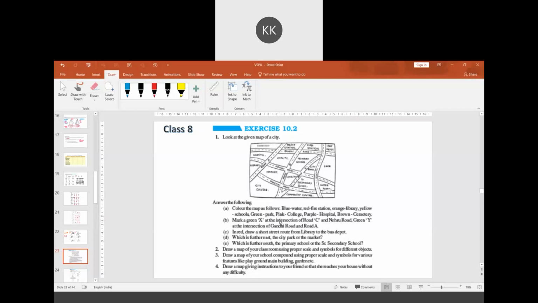Sir, what is symmetry? What is cemetery? I have to find out from the net. Somebody knows what is cemetery? Yes, sir, grave. Means dead body. Graveyard, sir. Cemetery is a graveyard. It's a burial ground. Yes, somebody said it. Correct. It's a burial ground.